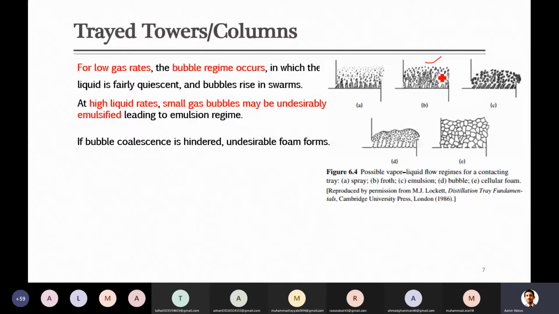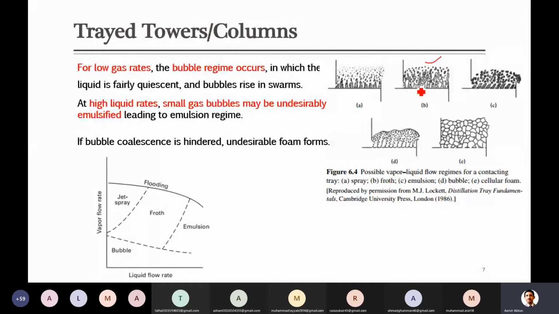So overall, if you look at these five kinds of regimes, you can see that as we keep on moving from A to E, the overall flow rate of gas is decreasing in each of these cases. The second one is the most preferred one, and they are shown here in another diagram. I think it is easy for you guys to remember. If you look at this, it is shown in the form of some regions.